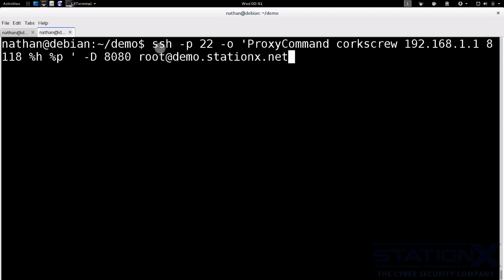So we're SSHing on port 22. Now this you would need to change. This is likely going to be port 80 or port 443. This needs to be whatever your firewall happens to allow out. And then we're going to run additional commands, which we're going to do through the proxy command, and we're going